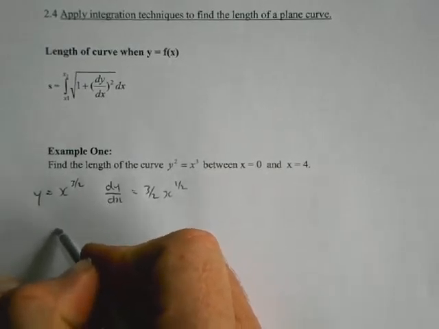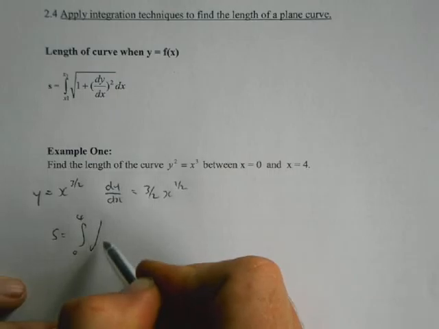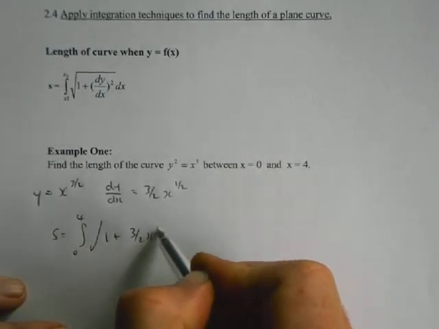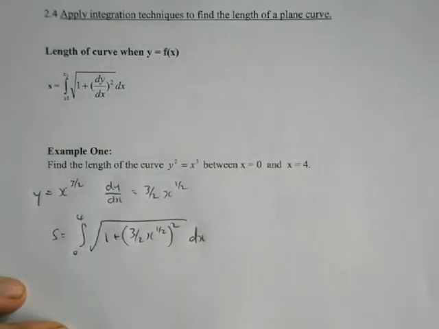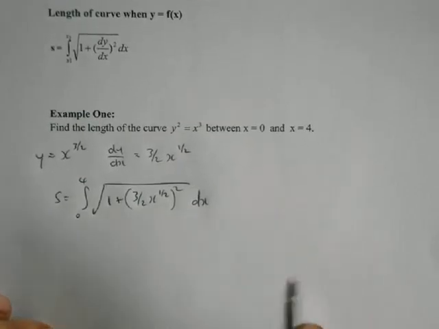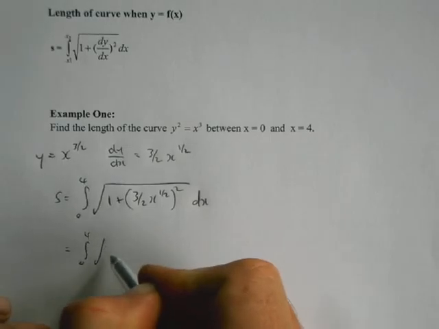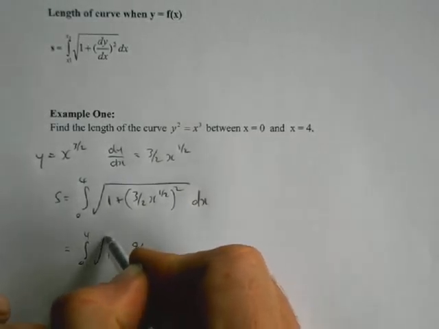So the distance of our curve is the integral from 0 to 4, square root of 1 plus our derivative, 3 over 2 x to the power of 1/2, squared, dx. Which means we now have to do a little bit of mucking around, a little bit of algebra. So what have we got here? We've got the integral from 0 to 4, square root of 1 plus, so that'll be 9 over 4 x,